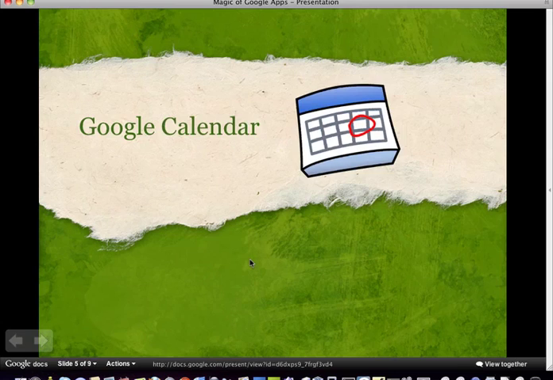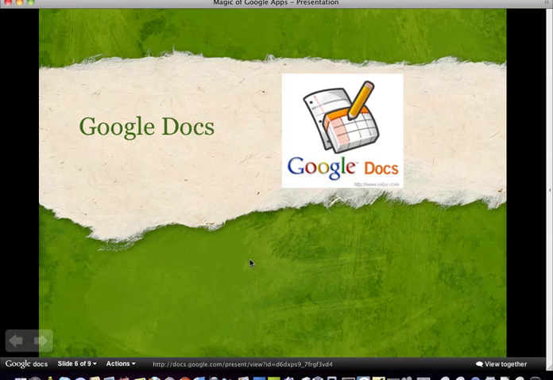Google Calendar. Amazing stuff you can do with it. Remind me if I don't get into it, but how to use it for reminders. That'll actually send text messages to your kids to do things like bring home your homework, make sure you walk the dog or whatever. Google will do that for you.